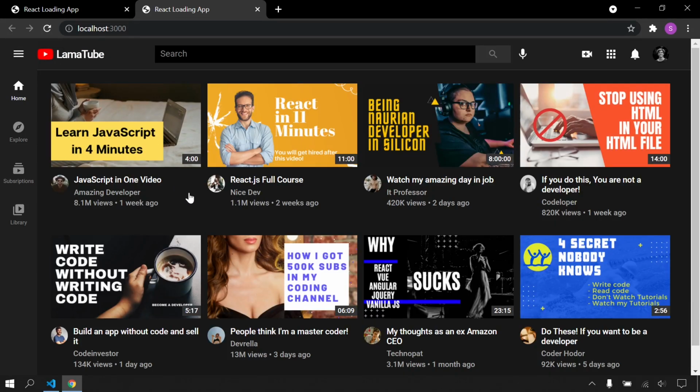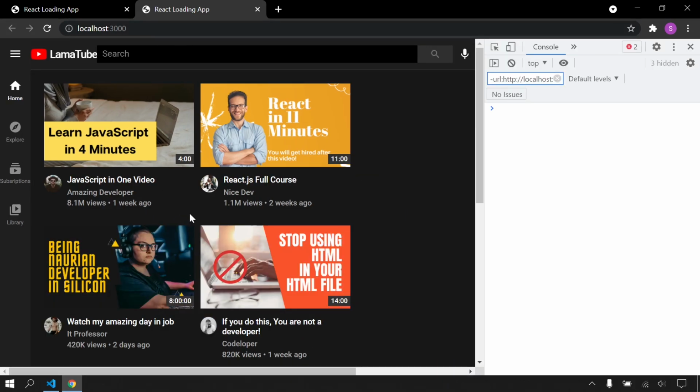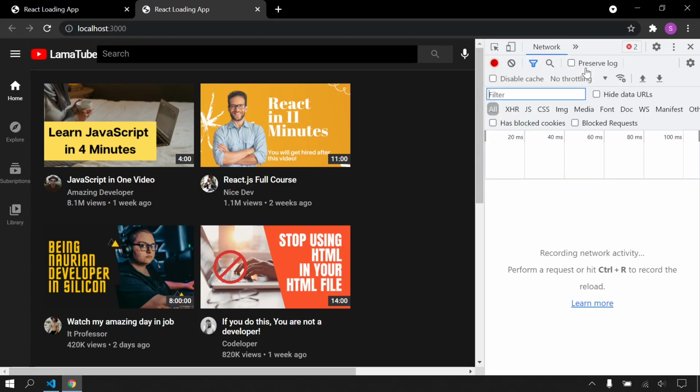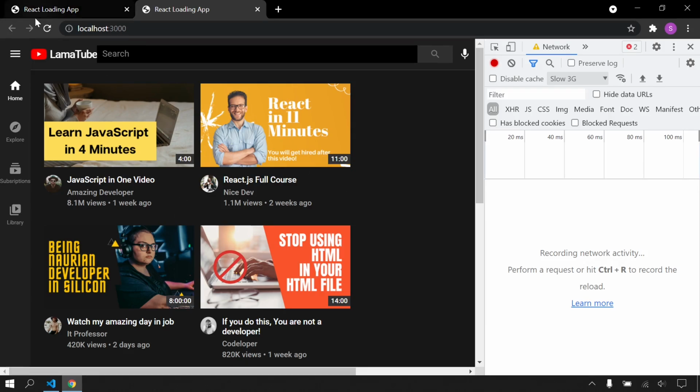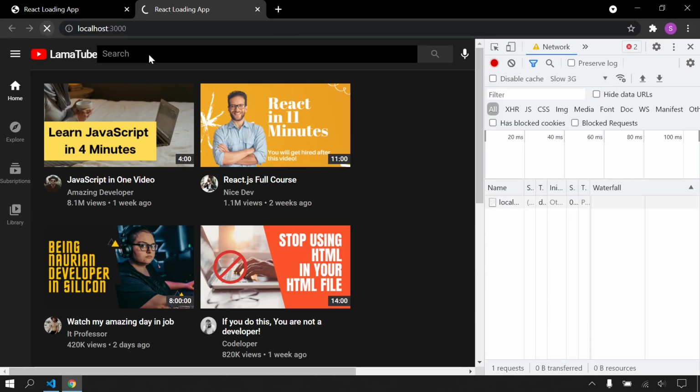As you can see, we are seeing these skeletons, and after it's loading these videos. Let's open here console, and I'm gonna choose network here. If I come here and say slow 3G, it's gonna load our application really slow. I will refresh.